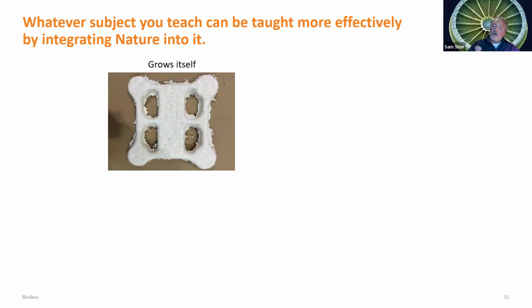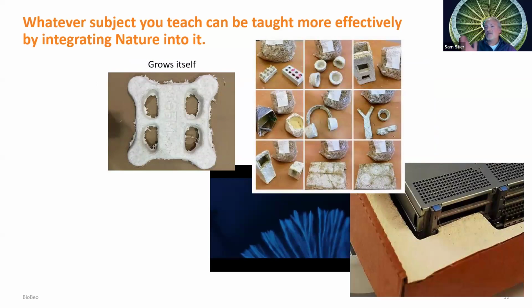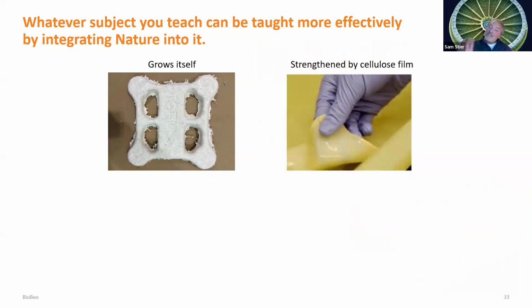And so the body of this drone is created out of a mycelium or a fungi that is grown on agricultural waste. And it's very easy to do in the classroom. You can see here some images of what middle school students have grown in the classroom. And it's used commercially. Dell Computers, for example, ships their computer parts by using this styrofoam substitute that's entirely biodegradable. These students went further. They strengthened the body of the drone using cellulose that was grown from kombucha, however you pronounce it.